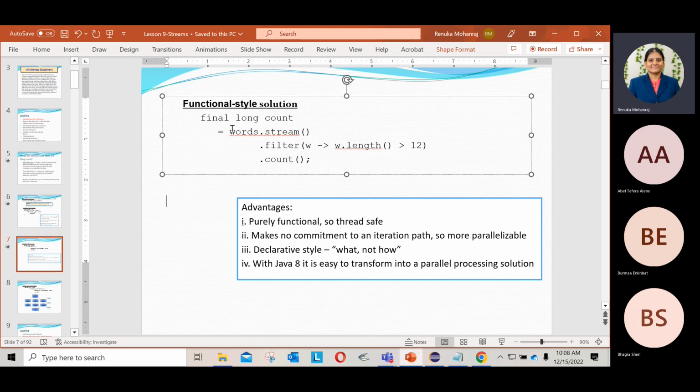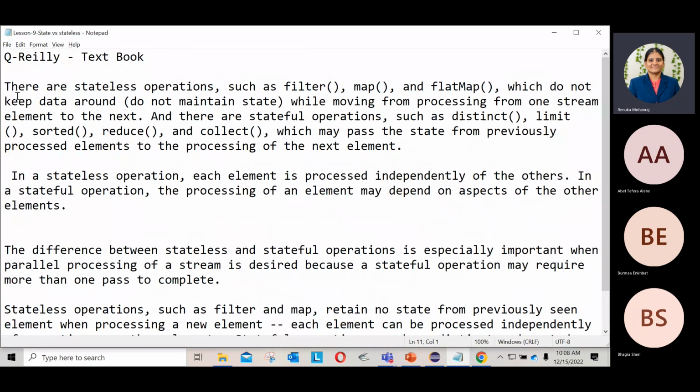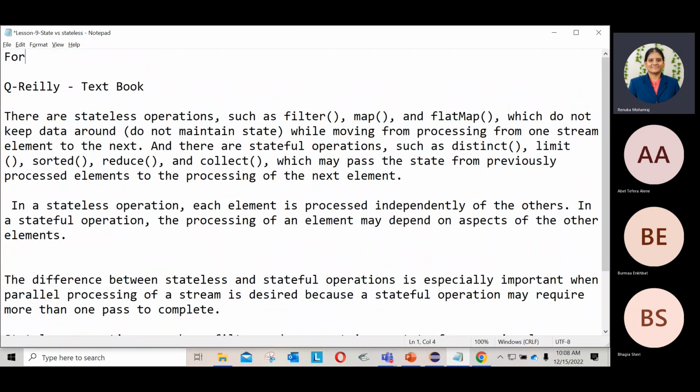And also, if the collection is too big, I can do the same operation. Instead of stream, I can do parallel stream. So when you work in parallel, the particular stream will be divided into several substreams and each substream will work on the remaining operations. To perform this, Java uses a framework called the fork join framework. Okay, so I will put the framework called fork join framework